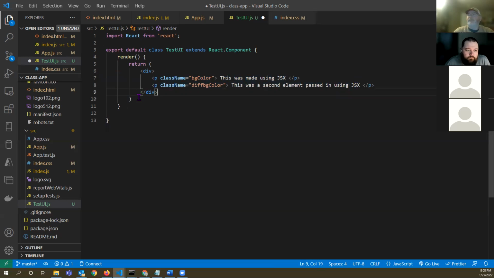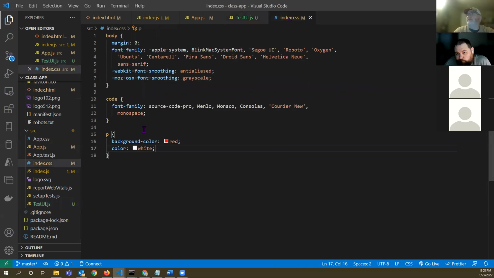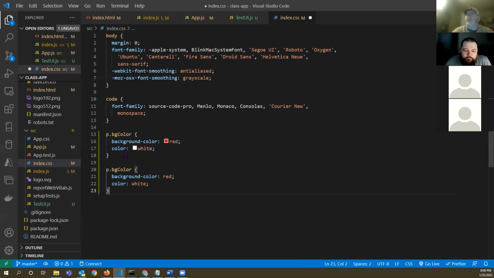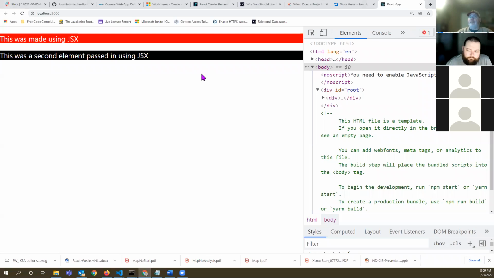Now basically what we get passed in is this empty div, 2 paragraphs, and then let me just go ahead and make this div PG color and the CSS. So I'll do, this one was PG color, and then we'll copy this. And I'll just change it to black so it stands out from the red. We'll keep the font the same. It's all saved, it's updated, and there are our React